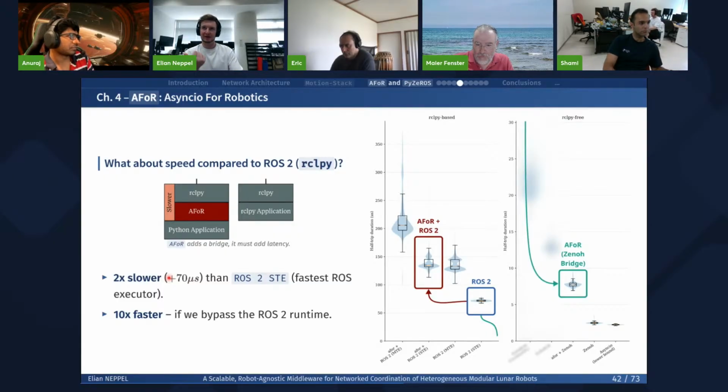And exactly where RCLPy is slow, so where the RCLPy executor is slow, I'm not exactly sure. I have a small idea: RCLPy is written on top of RCL, so without the py at the end, which is written in C. And I guess the C to Python API bridge is not very, I don't want to say it's not very well written because the ROS team does a very good job.